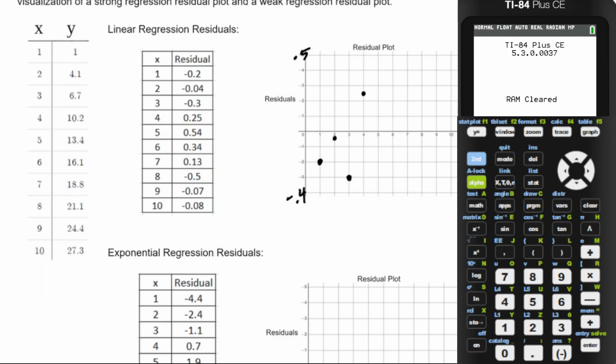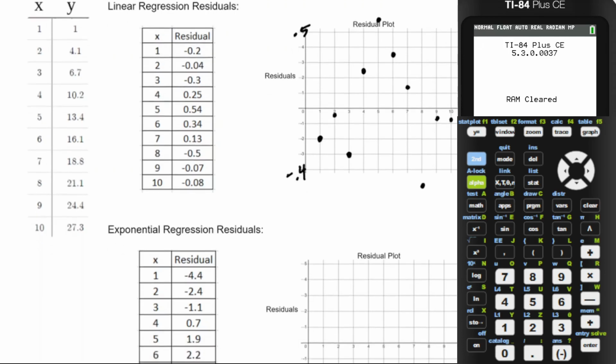Positive 0.25. Positive 0.54. Positive 0.34. This doesn't really look like a pattern here. Positive 0.13, negative 0.5, didn't see that one, but I'm just going to say that's about there. Negative 0.07 and negative 0.08. Something like that. Okay, and this is pretty random scatter around the x-axis, so I'm going to say that's probably the appropriate model. If I go over here and look at the exponential regression,